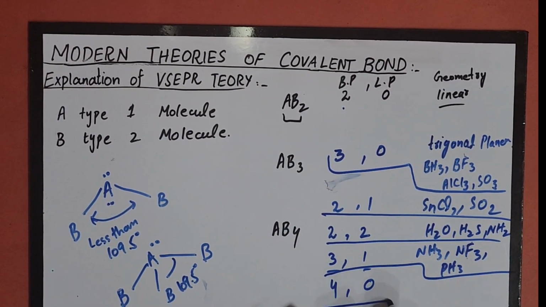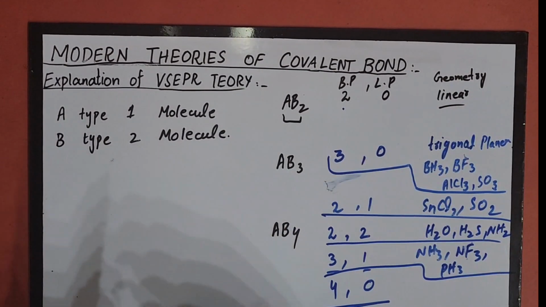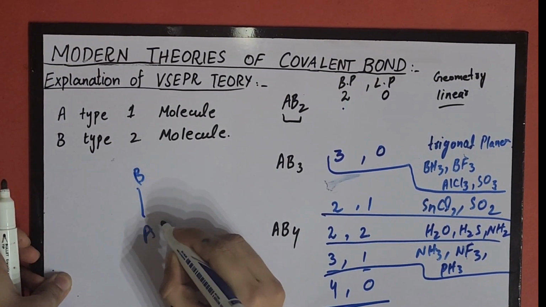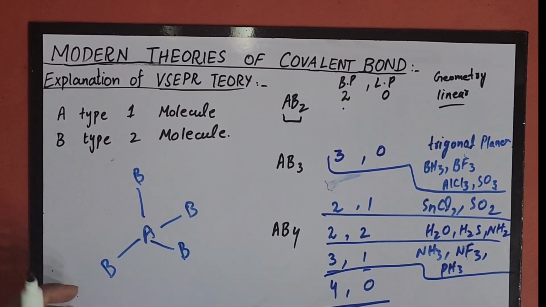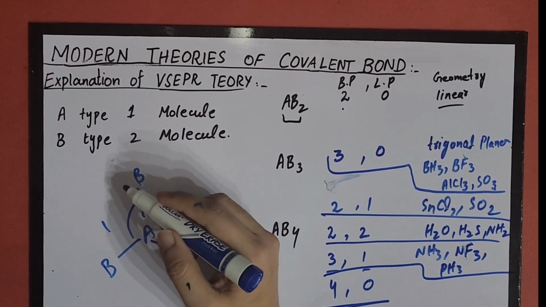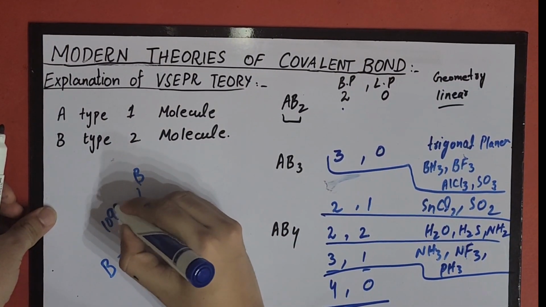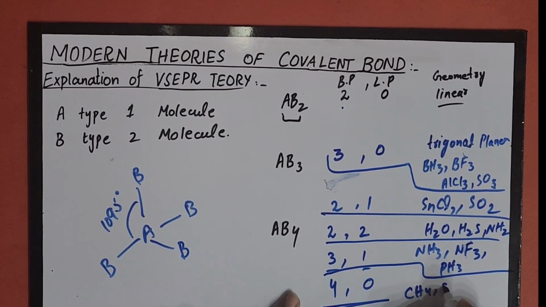If we talk about 4 bonded pairs and 0 lone pairs, it means 4 B particles are arranged around A: first B particle, second B, and the fourth. So there are 0 lone pairs. The angle between two particles is 109.5 degrees. So this is basically tetrahedral geometry, and this type of molecule contains CH4,